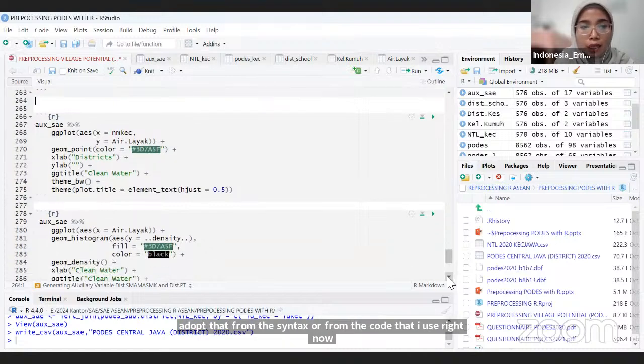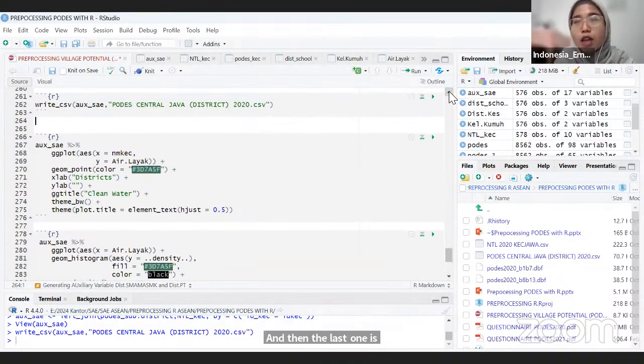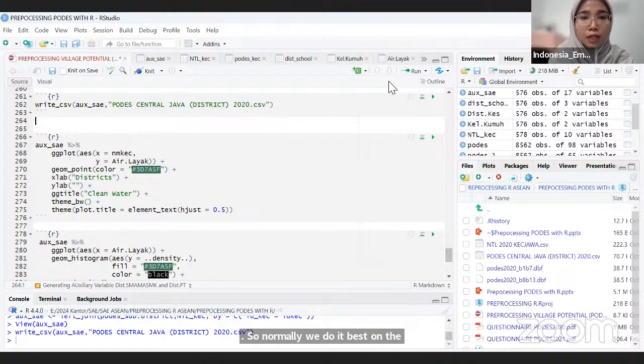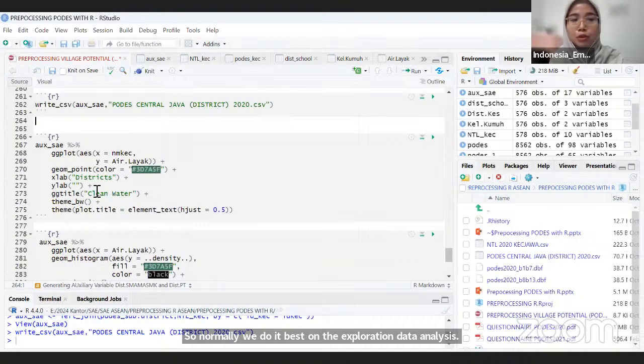And then the last one is, after having all auxiliary variables, we normally conduct EDA, exploration data analysis, in which we are trying to have a look at the distribution or the correlation of our auxiliary variables, in terms of how we determine which auxiliary variables we want to include or exclude in our psi modeling. So normally we do it based on the exploration data analysis. For example, this line is trying to give you the graph. If you run this code,